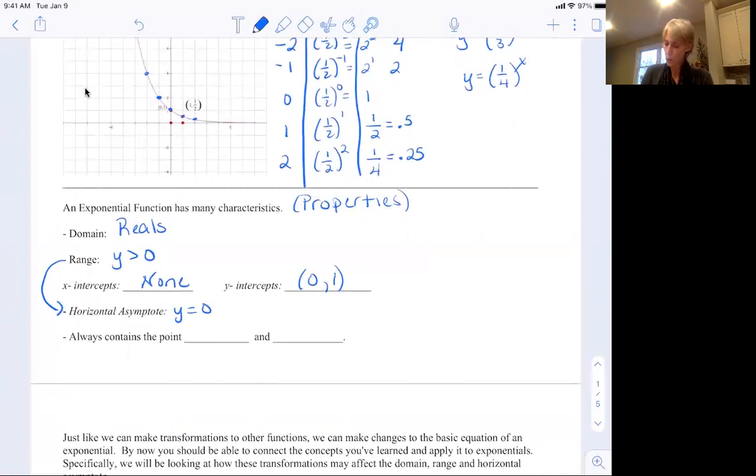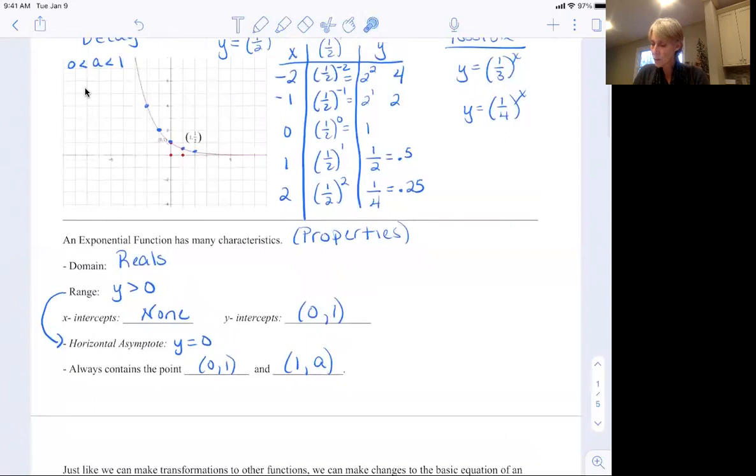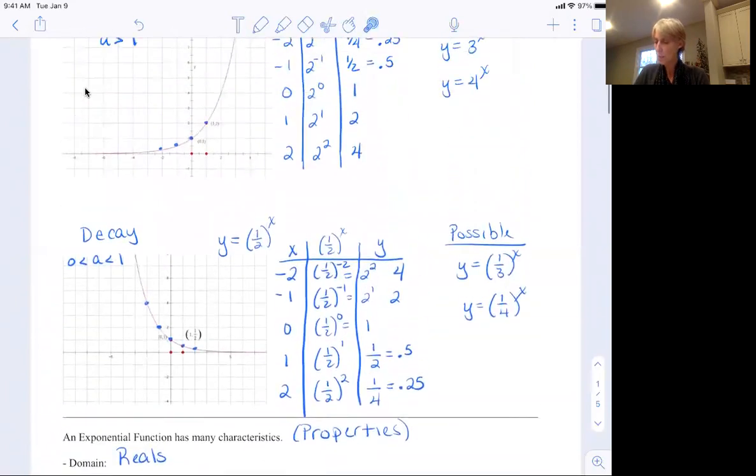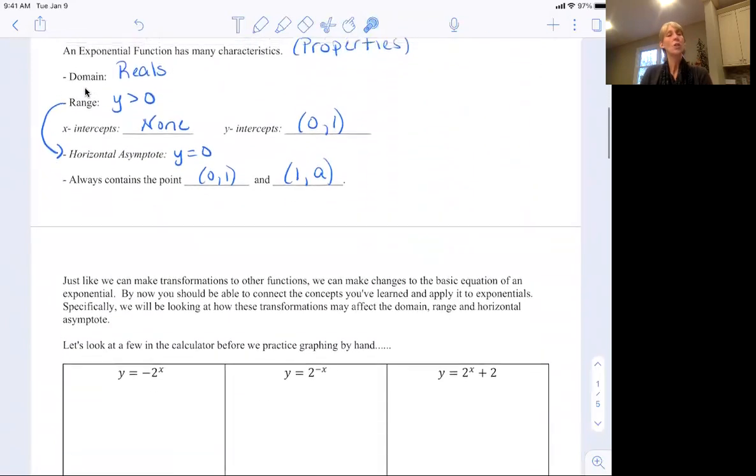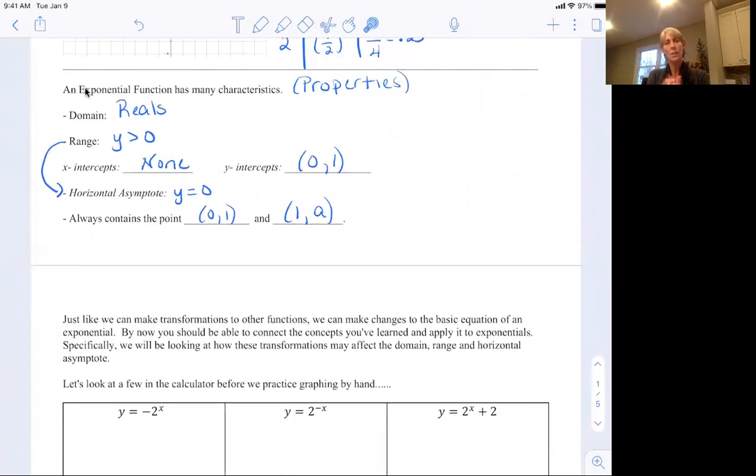And our function is always going to contain the point (0, 1), which is the y-intercept, and (1, a), whatever the base is. Because whenever we raise a number to the first power, we get that number. Okay. So we're going to use these basic properties, and we're going to talk about other ways we